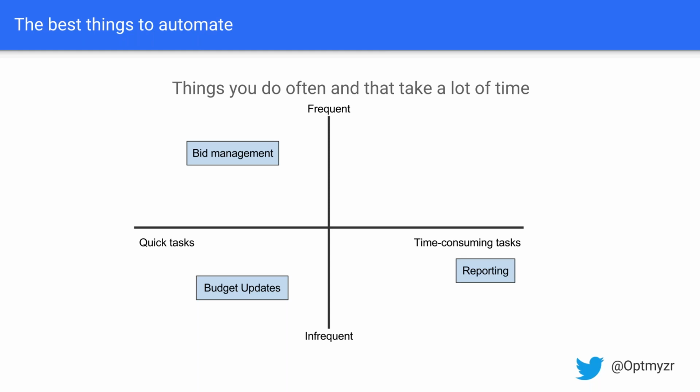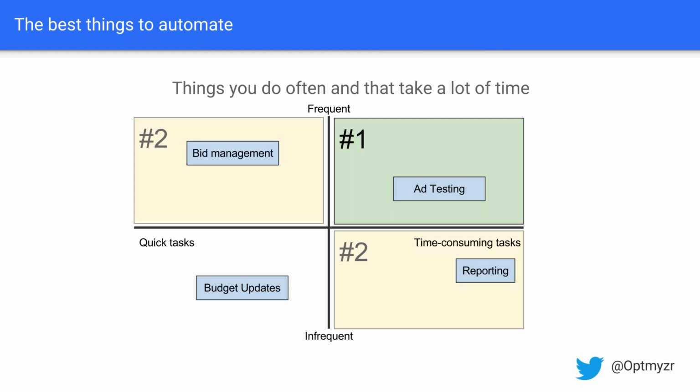Now reporting actually takes quite a bit of time. Stuff like ad testing, we're trying to do it all the time, and if we want to do it right, it takes a lot of human creativity to actually write new ads, so it's time consuming. So I'd say box number 1, that's what we should automate first, because that's what we spend a lot of time on and it's what we do a lot. These next boxes, and then if we have some time left, maybe I'll get to automating budget updates, because it's relatively quick and